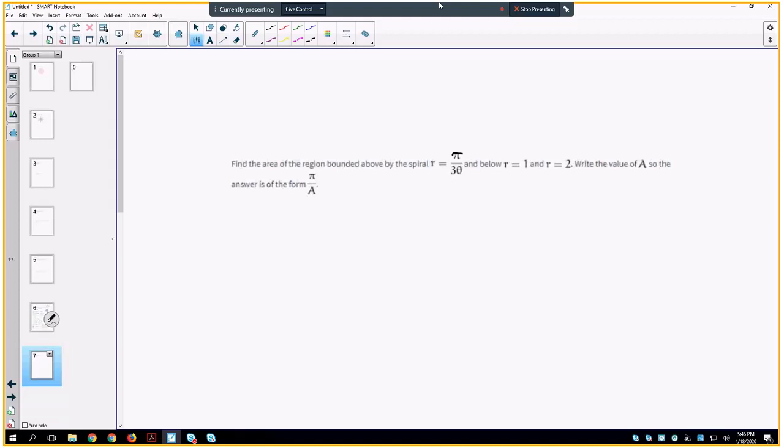But if we looked at this region in the plane, and there's actually this picture in your textbook, this is called a spiral, and it looks something like that. So if we take r between 1 and 2, say this is 1 and this is 2, what ends up happening